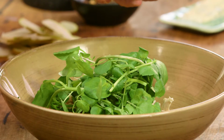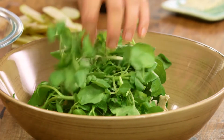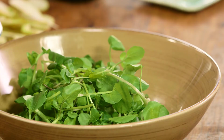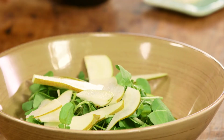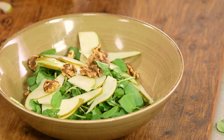When you're looking for good watercress, it should be vibrant green like this, and it should have firm leaves. And the best way to get as much life out of it as possible is just to wrap it in some paper towel that has been moistened with some water and keep it in the fridge in the crisper. We'll add our crunchy pear, lots of pear for this, our reserved walnuts,